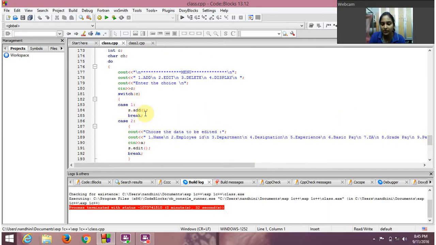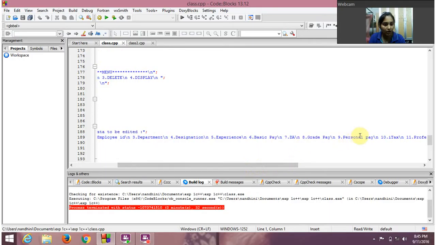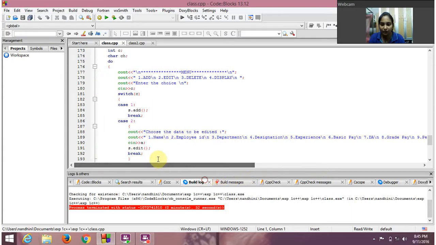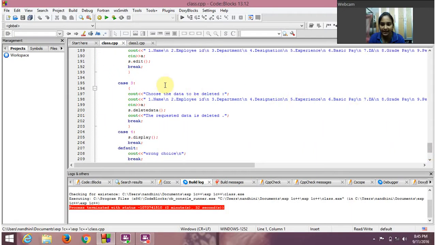So switch case 1 will be add, break, and case 2 will be choose the data to be edited, that is name, employee ID, department, designation, experience, basic pay, DA, grade pay, personal tax, I tax and professional tax and EPF. So if you cin is equal to A, so s edit, break will be given here, and then case 3